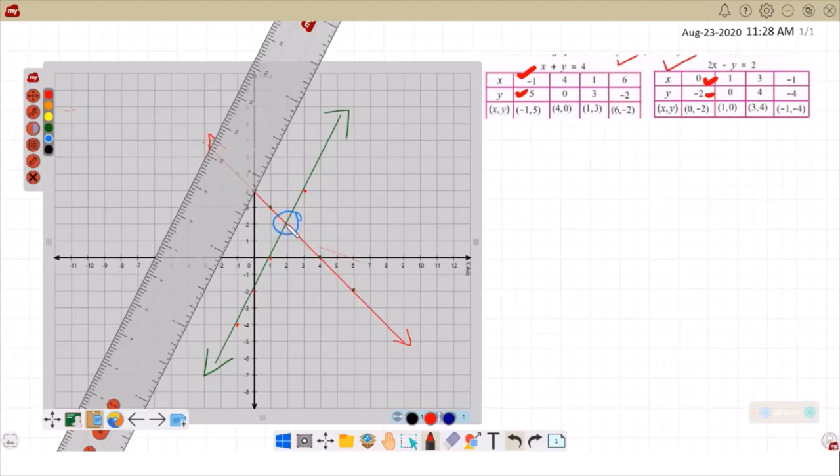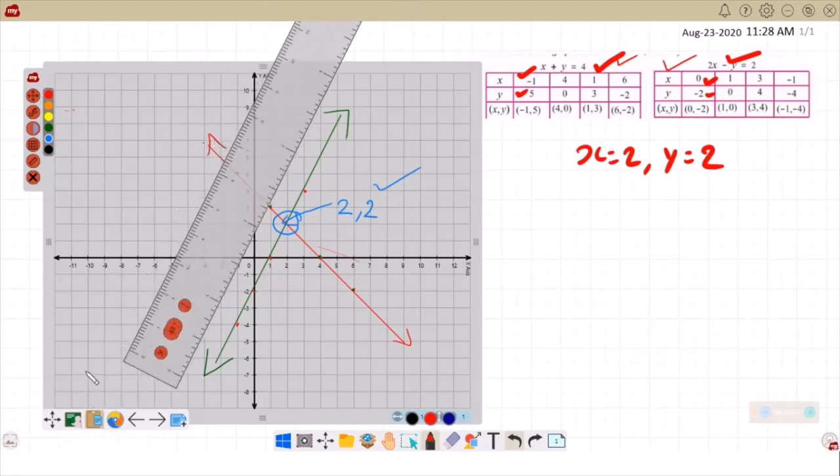But if you look at this point where it meets, it is 2 on x and 2 on y. That is why I said, when we did this before, we got x is equal to 2, y is equal to 2, and in the graph also we got the same. Understood? So that means graphically we can find the solution for simultaneous equations.